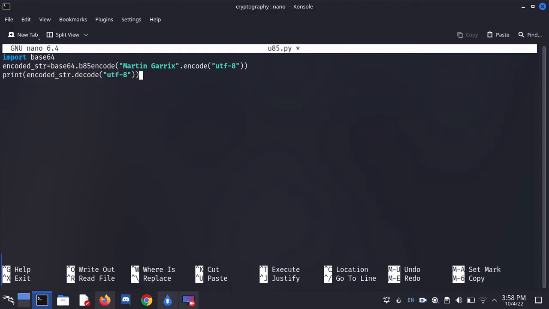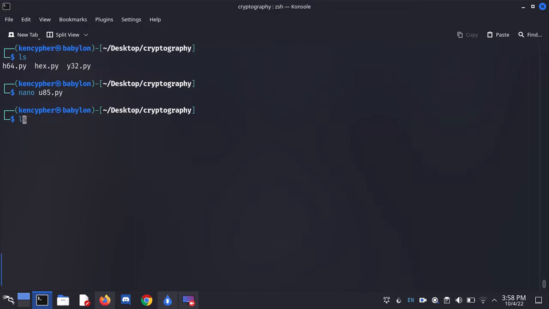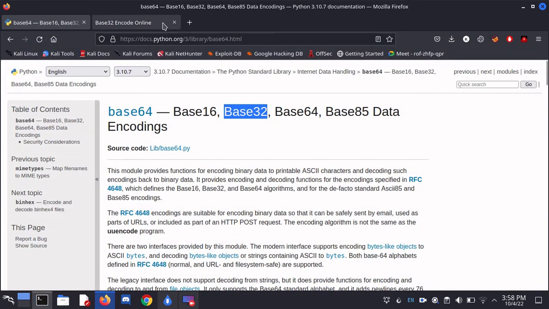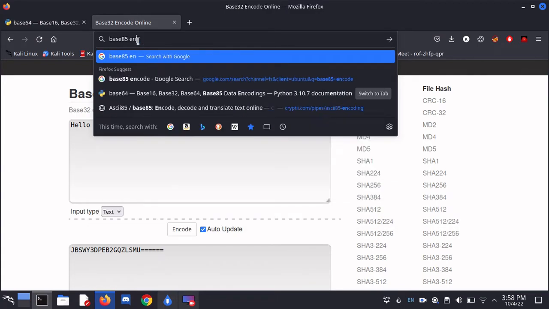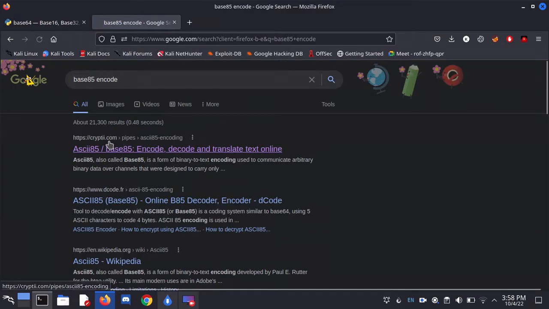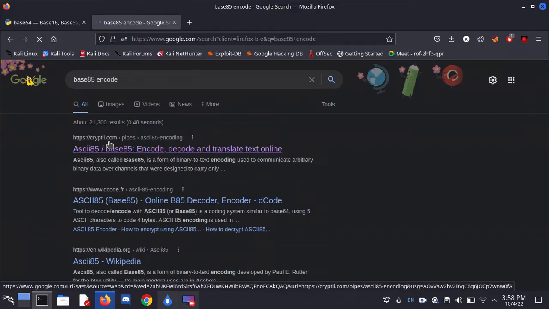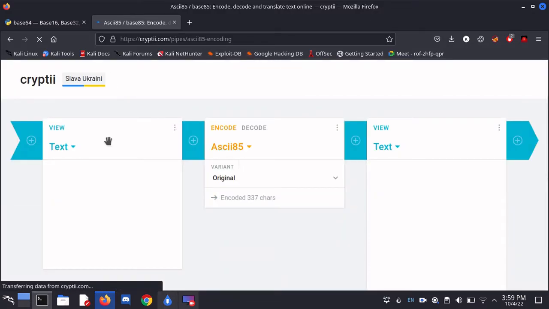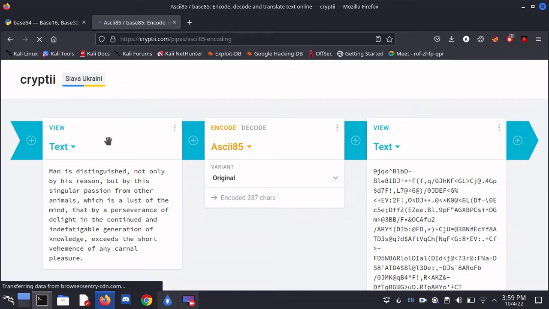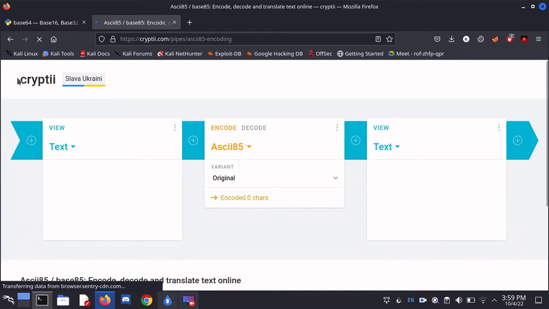So there we go, our base 85 is complete. Let's check it. Sorry, python3 u85.py, and I guess we have the base 85. Let's just check it with a base 85 encode. Most of the websites don't have base 85 encode, but well, there we go, we have the base 85 encode. Let's see if we get any errors. So ASCII 85, and yeah, what we put there, Martin Garrix,